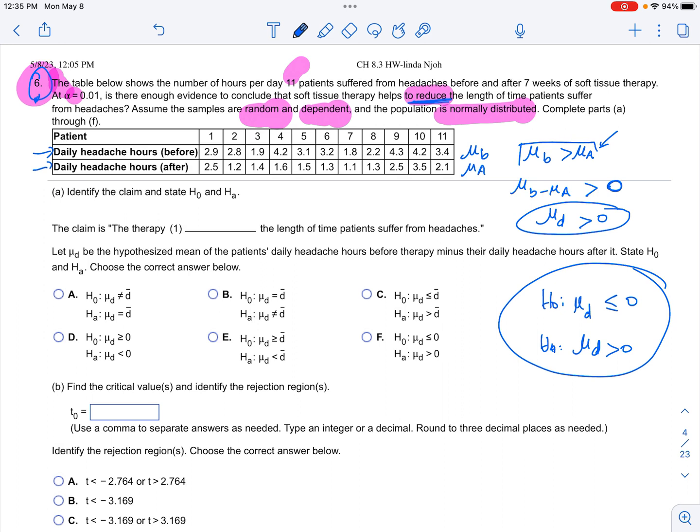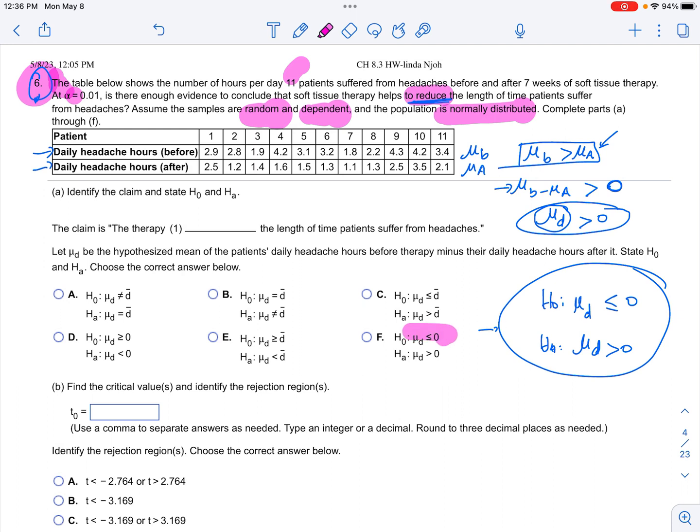Since we're looking at the difference between the pairs, you're subtracting mu A from mu D, and that difference is greater than 0. So this is your alternative, this is your null. So the choice here that you should pick is